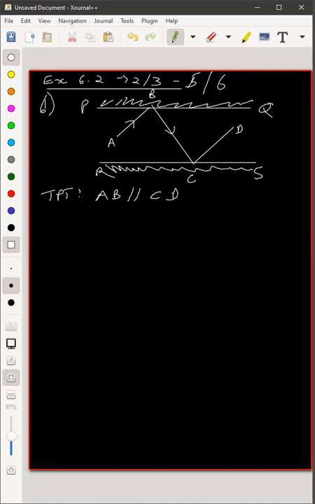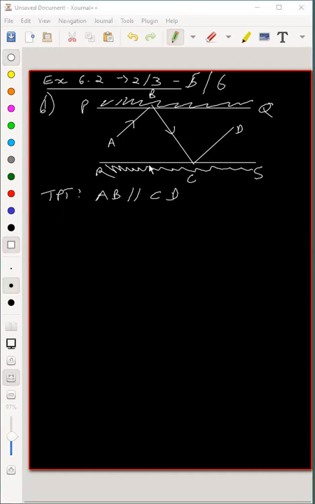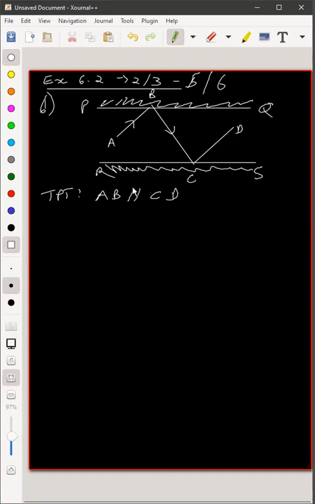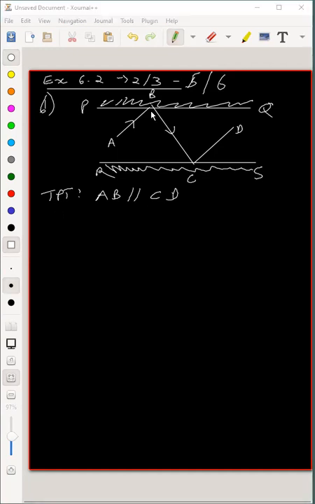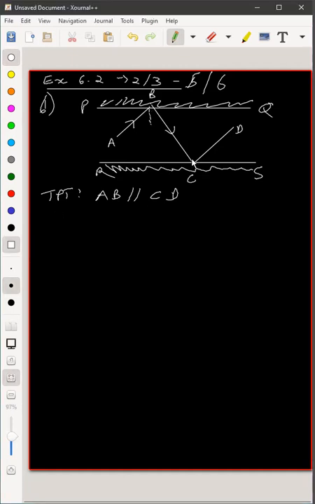You know the rules of mirrors? You've done this in physics earlier, in science? Yes, sir. So let's start. What we can do is make two lines which are perpendicular to the bases here. So let's make these two lines here which are perpendicular. So this is 90 degrees and this is 90 degrees.